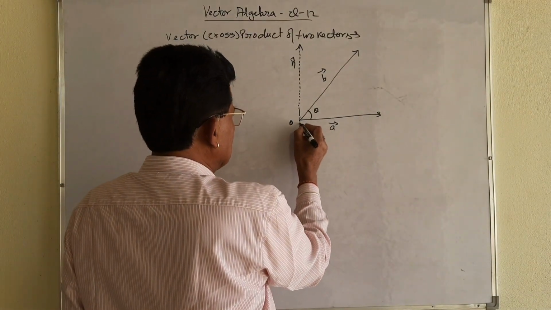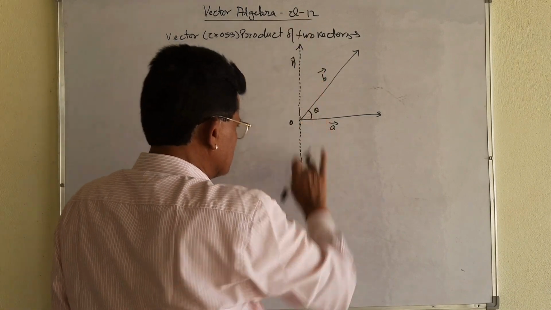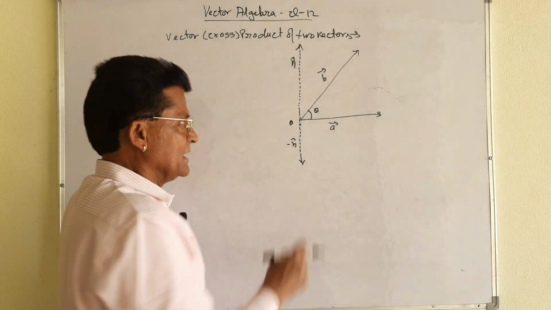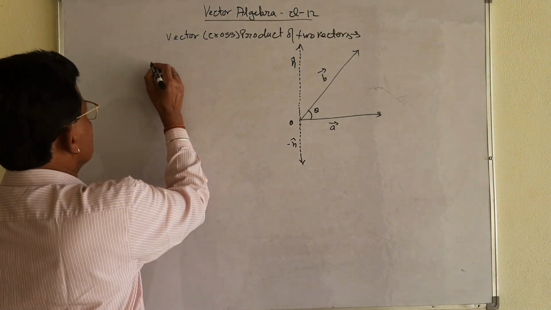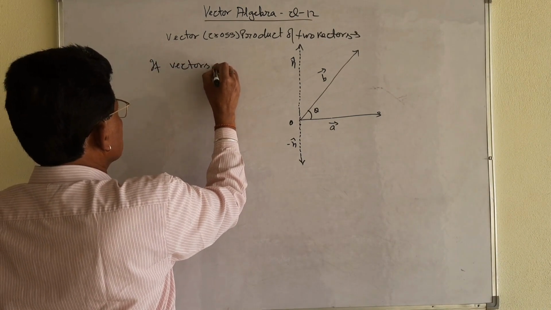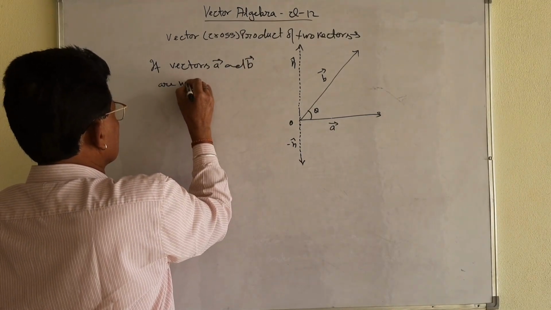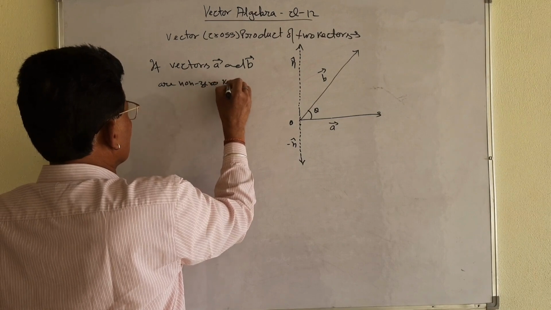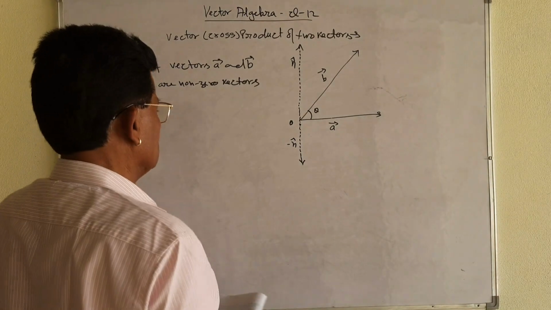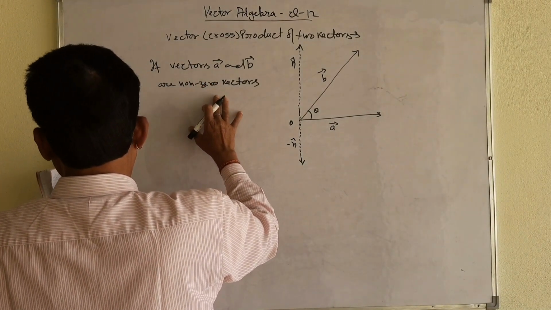And we can take the opposite direction, because the vector will be negative. Its direction is this one, and the opposite direction will be denoted by minus n unit vector. These things you must keep in mind. Let vectors A and B be non-zero vectors, they will not be zero vectors. If these were zero vectors, theta would not be defined in that case. So these are non-zero vectors, and that is why we will start the calculation from here.